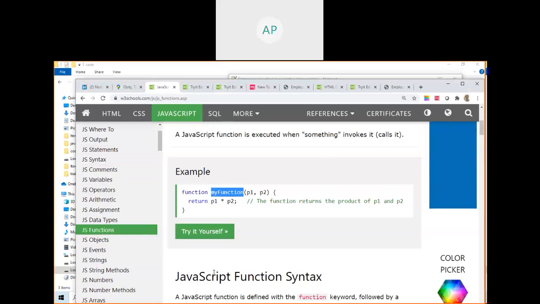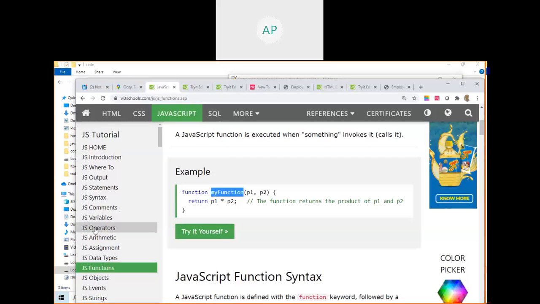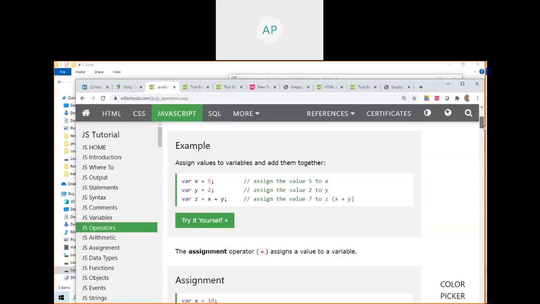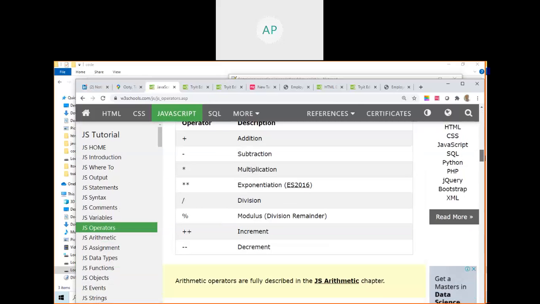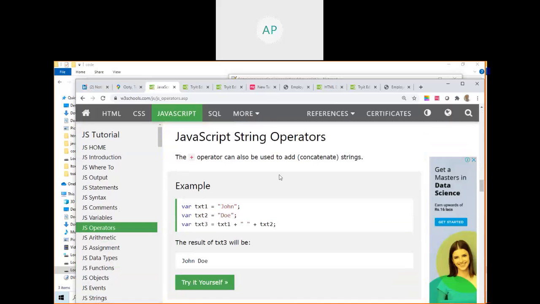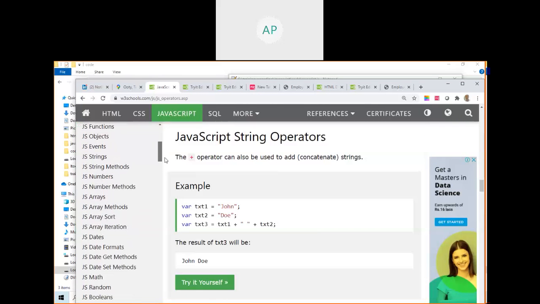And what is the if operator? There we are using the if operator, right? Where is the if condition here? Operators. You will learn all the things here. See here, assignment operator, adding operator, multiplying operator, sorry, these are arithmetic operators, variable, function, conditions. See, array is very important. Array, number, very important. Read all these things.